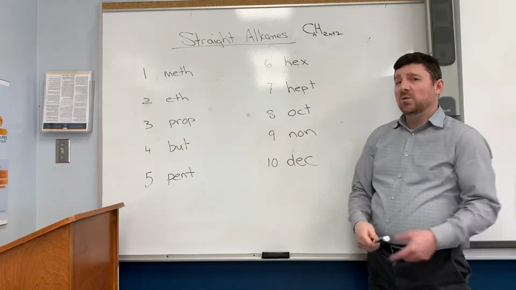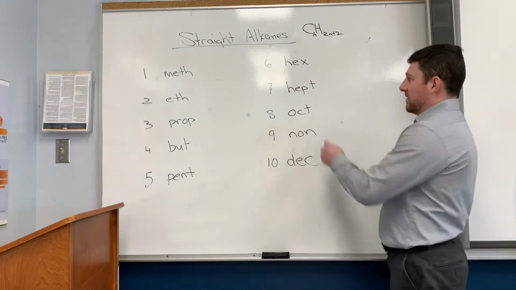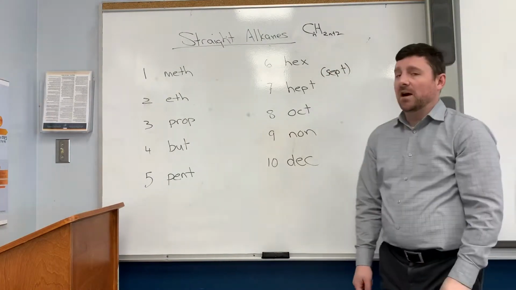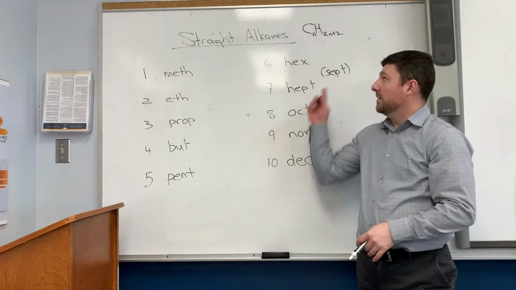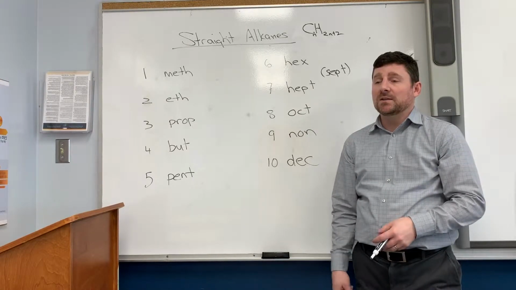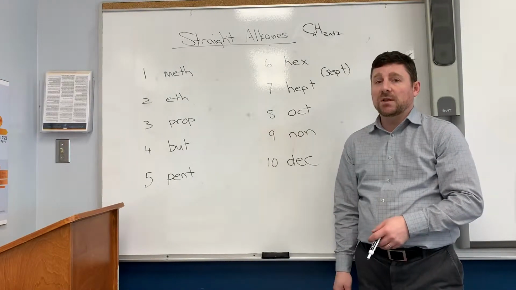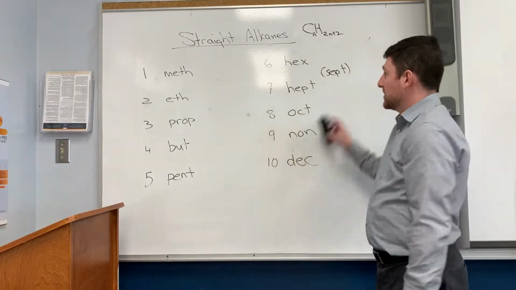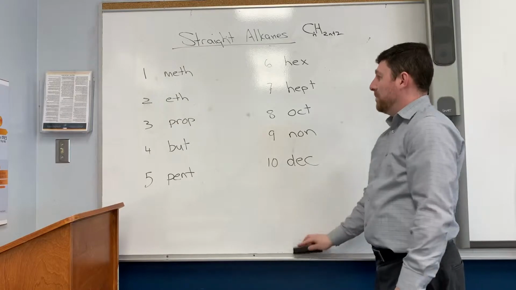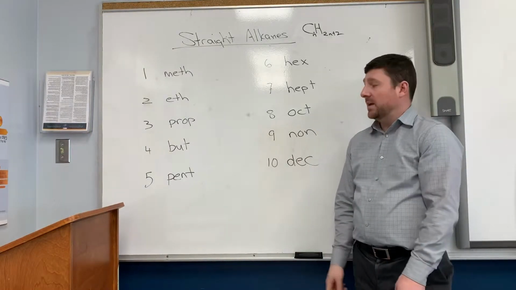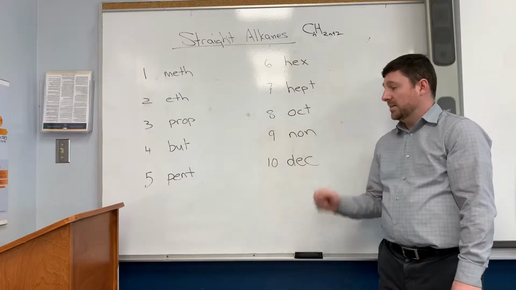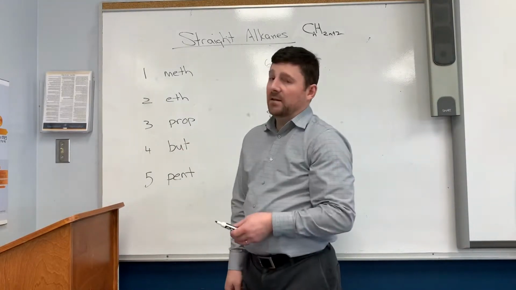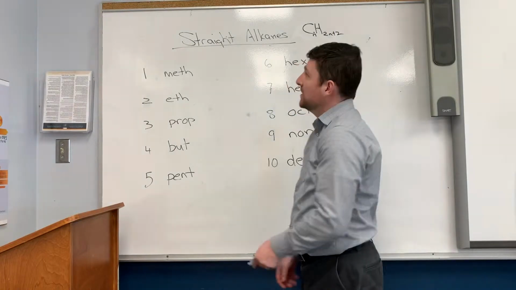is hept, which I don't want you to mistake for sept. Often I see people put in sept for 7, I guess because of Latin-based languages like French, where the number 7 is sept. The 7 prefix is actually hept with an H, oct for 8, non for 9, and dec for 10. All we have to do then for straight chain alkanes is put in